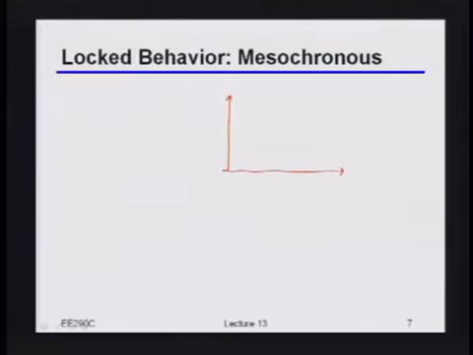mesosynchronous system, okay? As a reminder, a mesosynchronous system just means that the frequencies on the transmitter and the receiver are the same, but the phase is unknown. And the phase could potentially be slowly drifting or changing over time. So if I use one of these in a mesosynchronous system, then initially my phase estimate is just going to start going up and up until finally I get close to where I'm